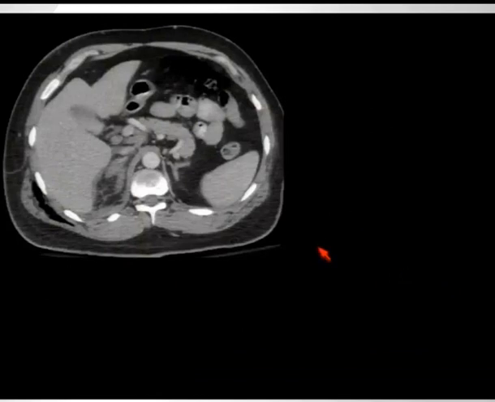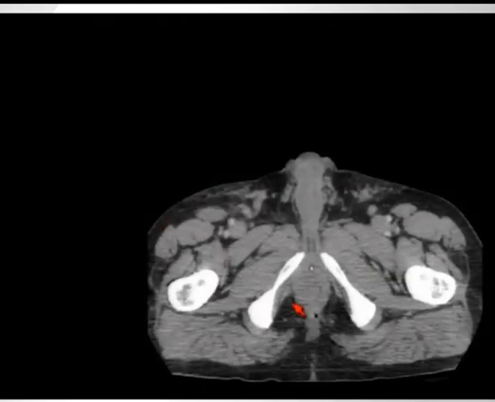But it may be very difficult to detect these often tiny gas collections, and this is a very humbling example of what can go wrong in even very experienced hands in multi-detector CT of trauma. This patient obviously had a very significant injury. Notice there's a right adrenal hematoma, always associated with a significant mechanism of trauma. There's a gas leak in the chest wall, and in the pelvis, if you notice, there is a very small gas collection that was not detected, and I would argue understandably not detected at the time of the initial interpretation